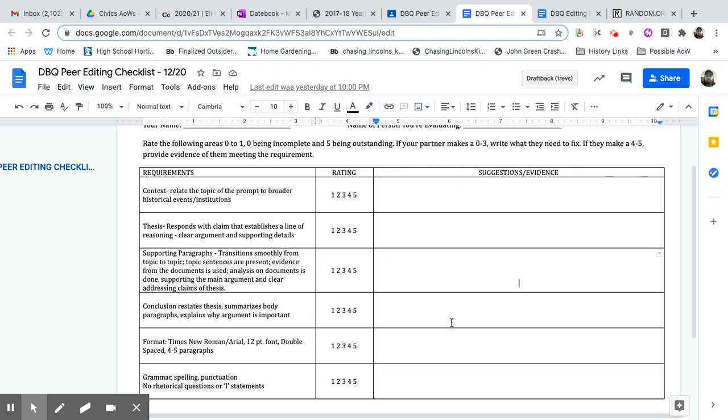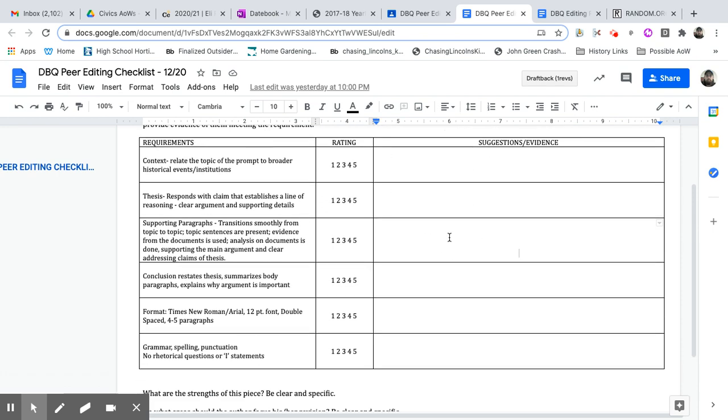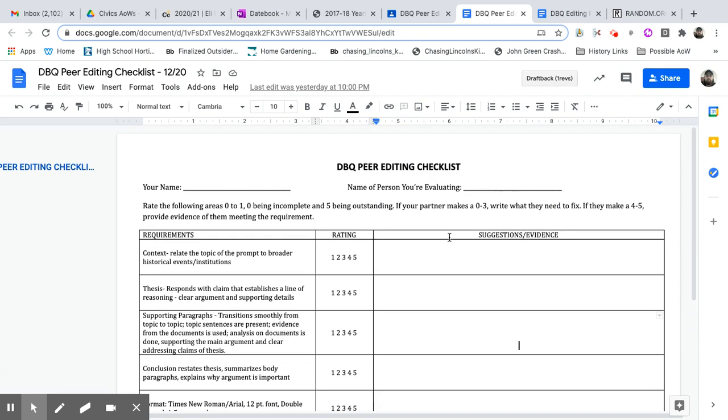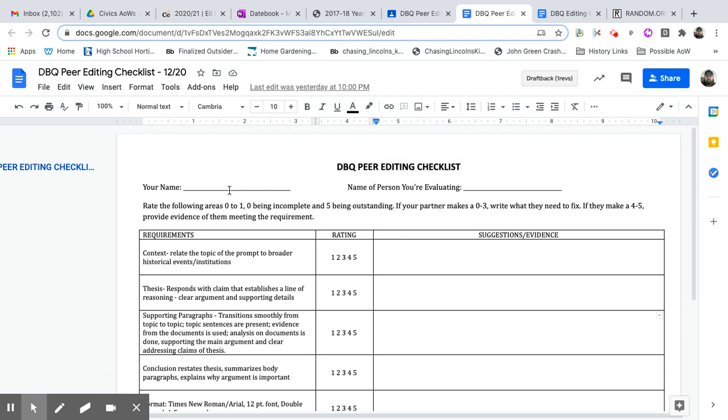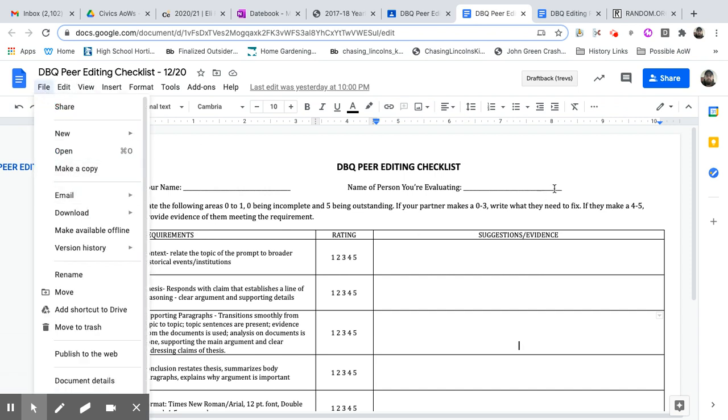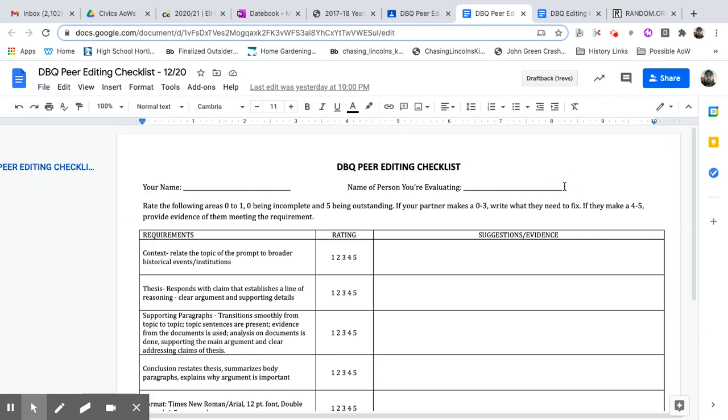So for you to turn this in, it's going to be a quiz grade. I'm grading you on how specific and how helpful you were in this peer editing process. When you are totally done, completely done, you've given them their suggestions, you've got both your names on it, you've answered these questions at the bottom, I want you to make a copy of this. So make a copy, file, make a copy. Share the copy with the person you edited and turn in the original to me, and that will be your grade. Only do that once you've totally finished.